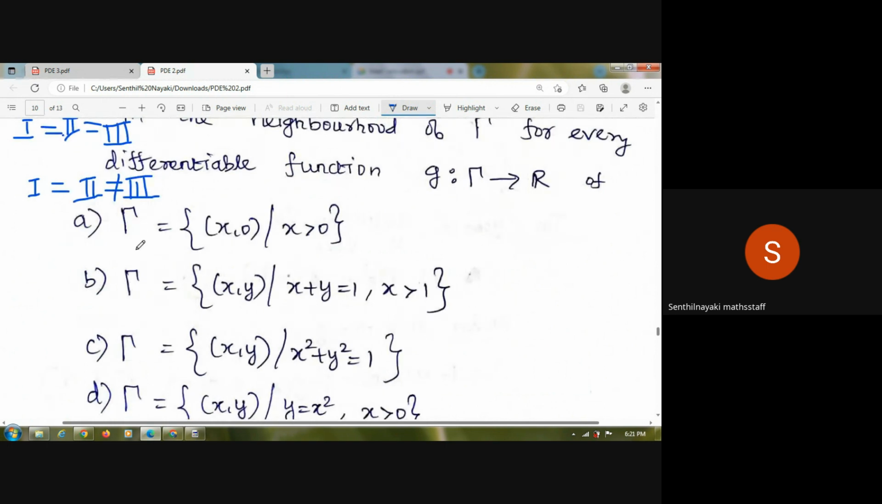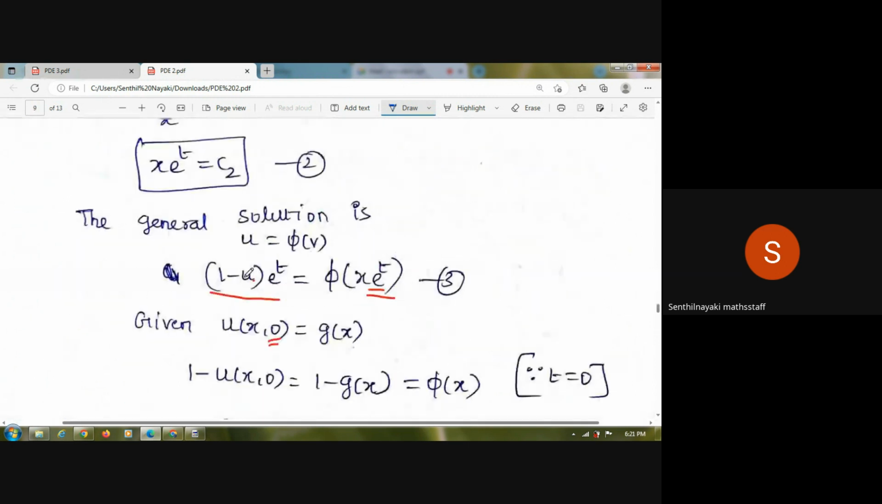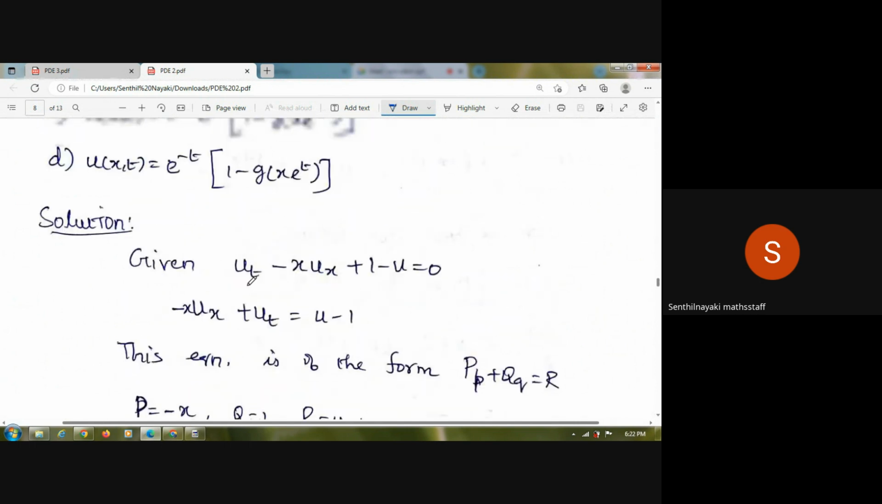First consider option A, that is gamma equal to the set of all (x, 0), where x is greater than 0. So the x value is x, but the y coordinate is 0. That means x equal to x and y equal to 0. For the Cauchy problem, what we have done in the last problem,